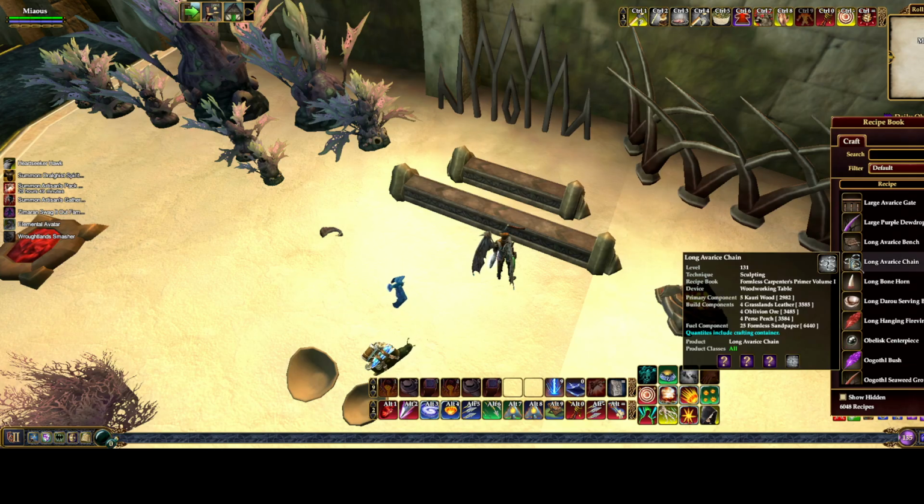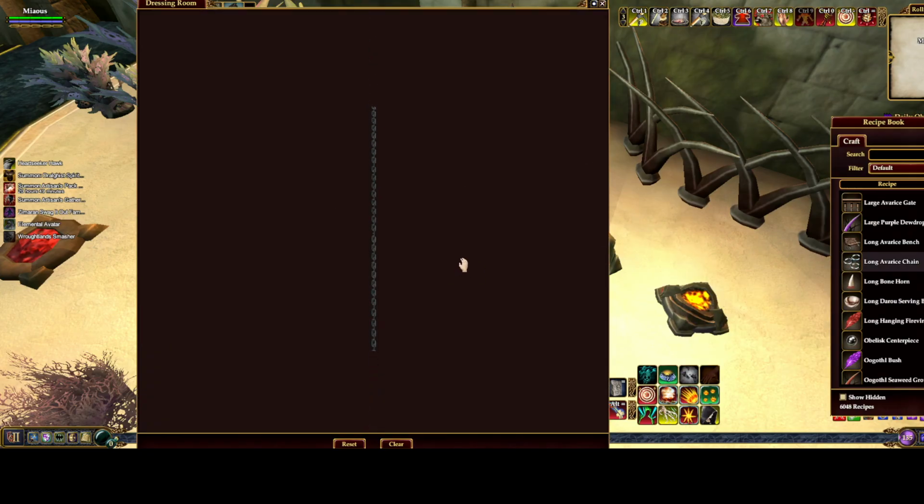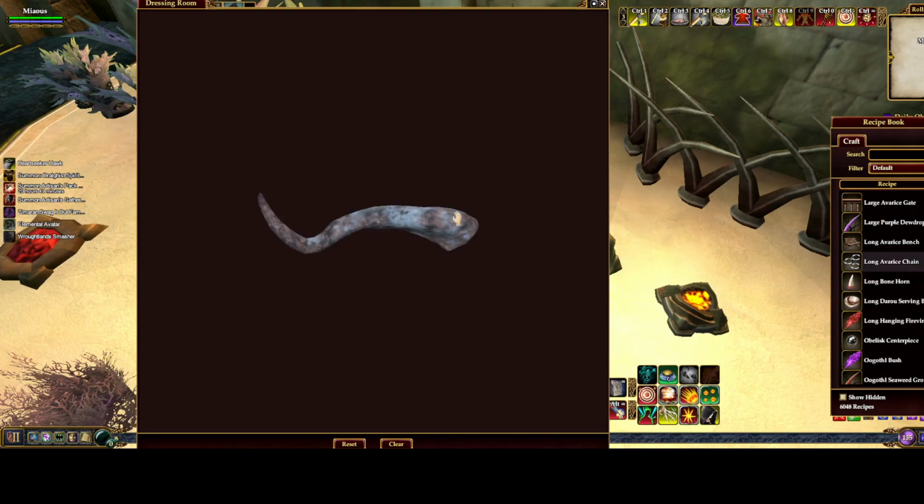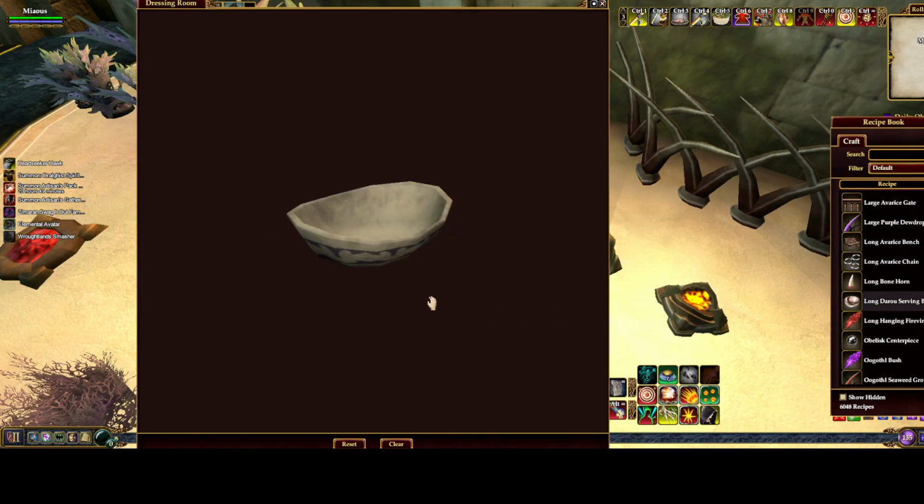Then you have a long Avarice Chain, which hangs from the ceiling, and it is just the chain. There's nothing hanging on the bottom or anything like that. It's just a happy little chain hanging down. I'm sure people will have all sorts of ways to use that. Then you have the long bone horn, the long Daru serving bowl, so it's more oval in shape,